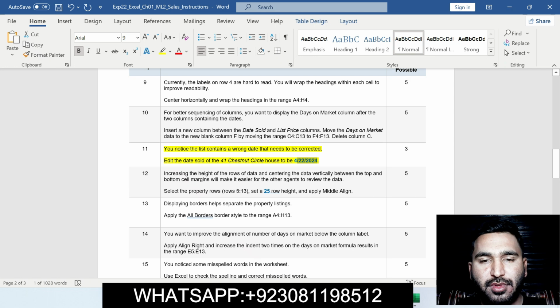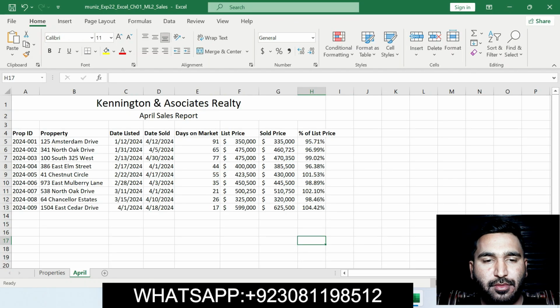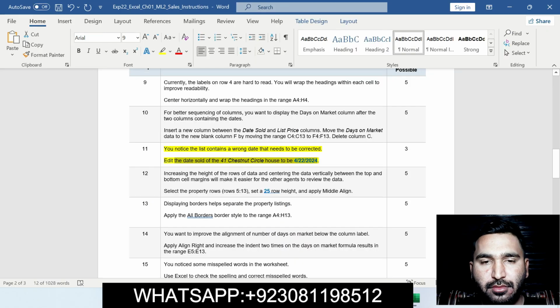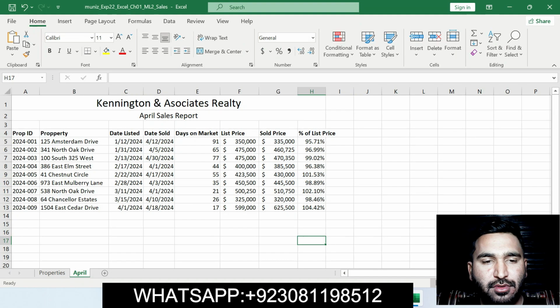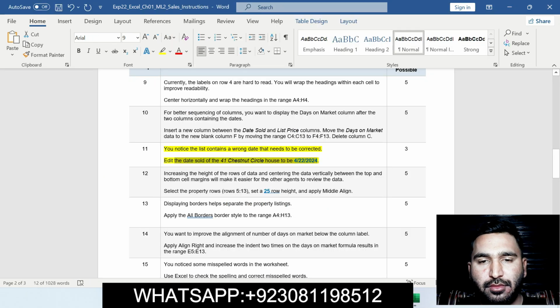Here is 41, you can see where 41 is. Change the date sold of the 41 Chestnut Circle house to 4/22/2024.